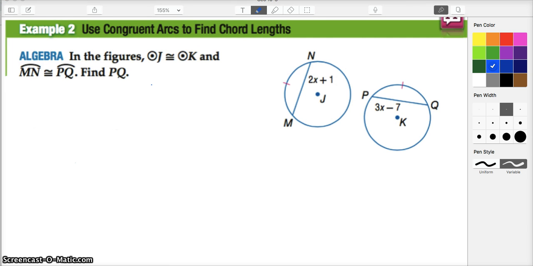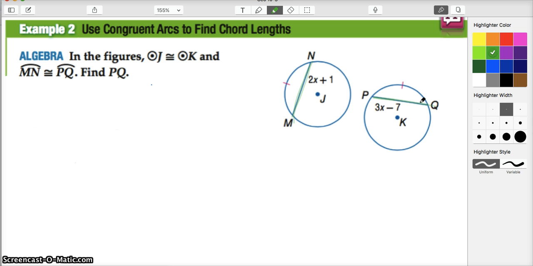So here in example 2, we're looking at circle J, which is this one over here, and circle K, and we're given the fact that these two are congruent and the fact that these arcs are congruent. So let's point out that this symbol means that their arc lengths are congruent, which really means that their arc measures are congruent too. But I just wanted to point it out. Okay, so we're supposed to find PQ. Well, we know from our theorem that given the fact that these arcs are congruent, then MN has to be